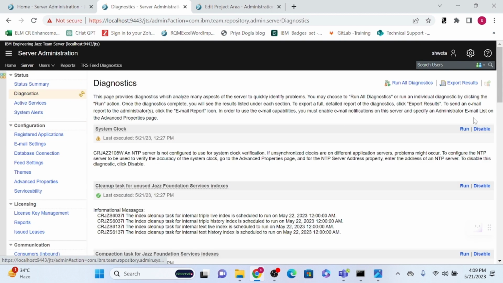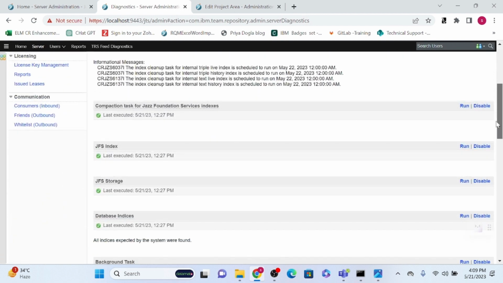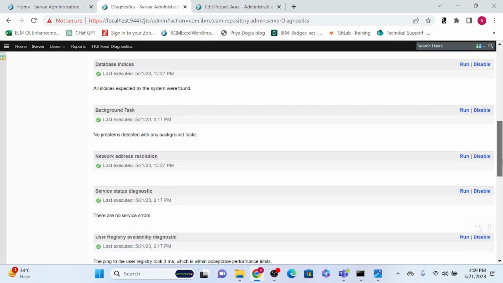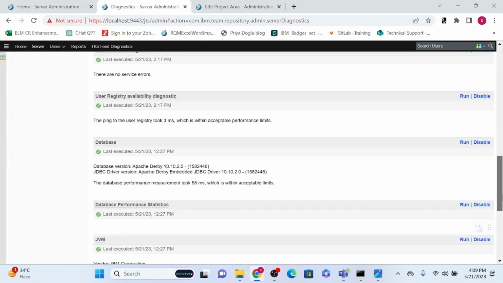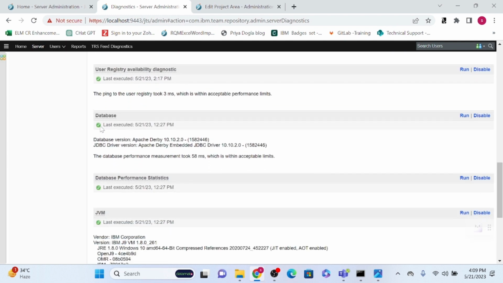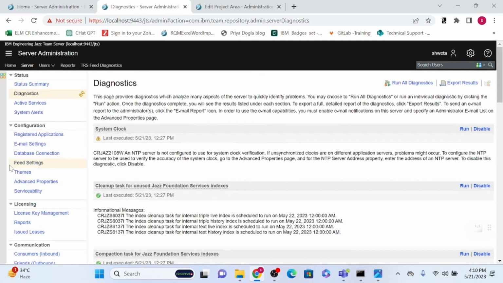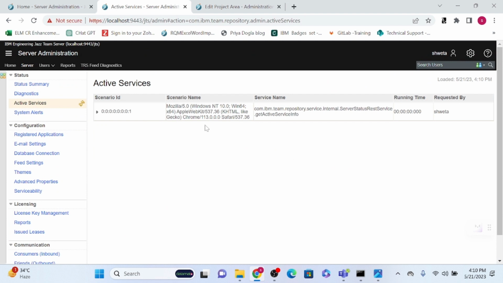In this diagnostic page, you can see the different services related to the database, background tasks, and so on. If any of them has a problem, it will show in red. Currently all are working fine, so it's shown with a green symbol. In the active services, you can see what different users are active here, and what services they